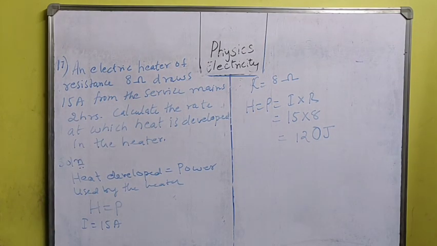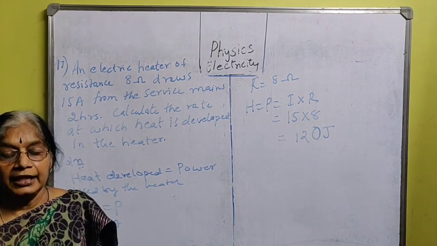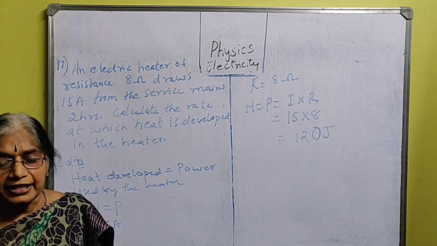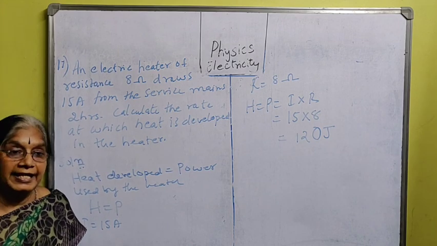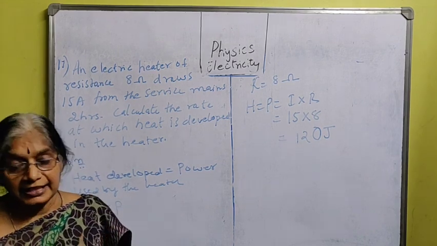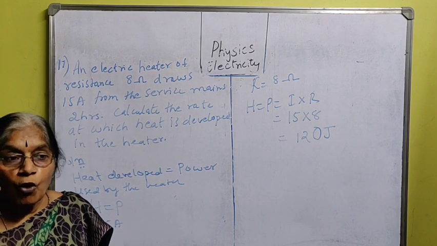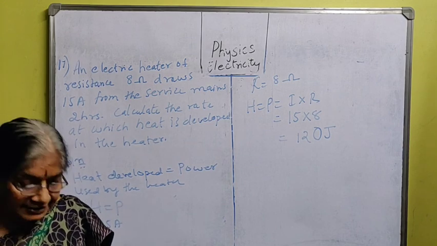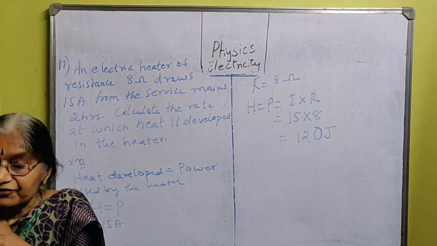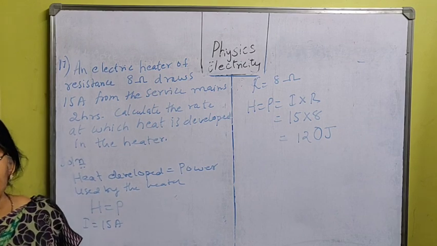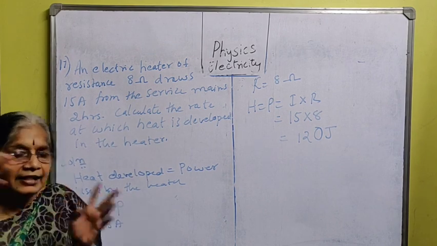So this ends our physics exercise, that is the chapter electricity. But the 18th sum is not a sum, it is give reasons. While I was explaining the electricity chapter, I had explained you the reasons. The first, tungsten is used in a lamp, I told you. You have to know what are the properties of tungsten. Tungsten has high resistivity. So tungsten is used in the filament of the electric bulb. Like this, the give reasons are there which I have explained you while I was explaining the electricity lesson.